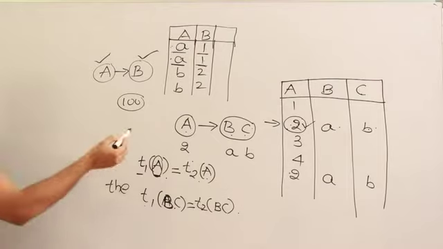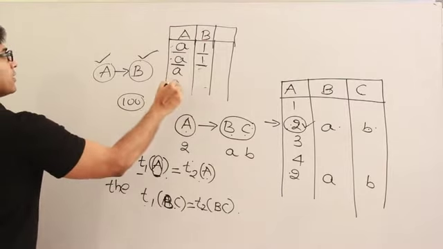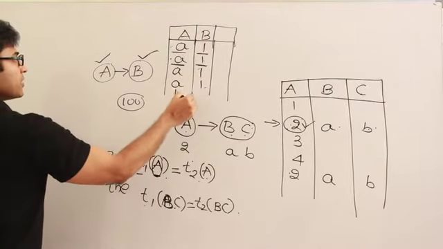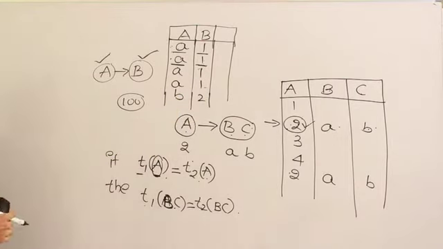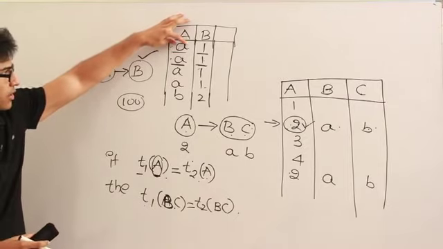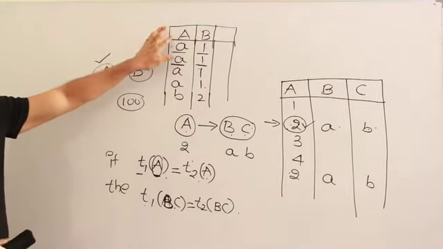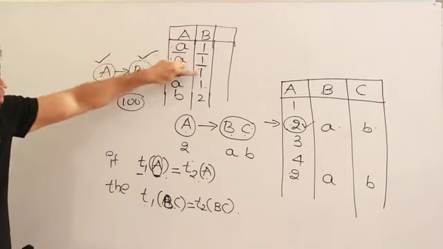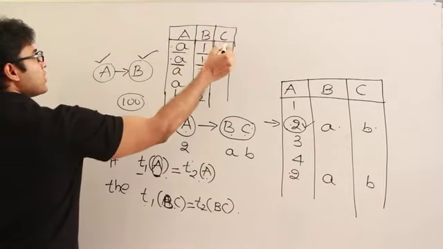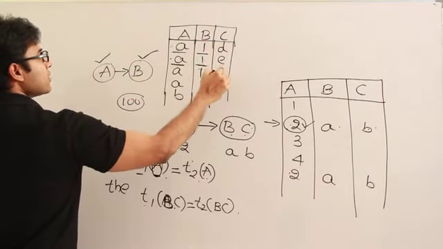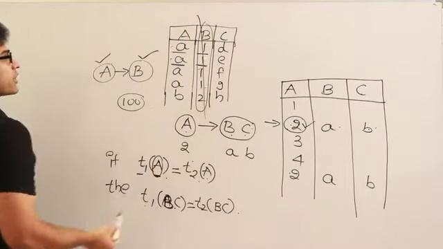So instead of this, I'm just taking an example. Let us say A is having 1 1, and then B is 2, right? Or even 1 is also fine, right? Now what is the meaning of it? Given the value of A, you will always get a unique value of B. Then storing this value of B along with this is going to create all these redundant values, right? Instead of that, assume that C is having D, E, F, G, H. Don't store B here, just delete it. You can save a lot of space.